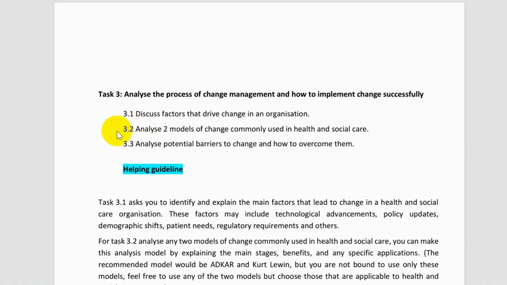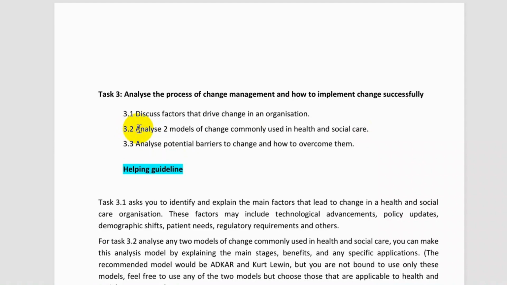Whereas for the assessment criteria 3.2, first you need to identify different models that are commonly used in health and social care. Then you need to select any two models of your choice for evaluating or analyzing. You need to provide reasons for evaluating, like why your chosen models are very useful in the care settings.